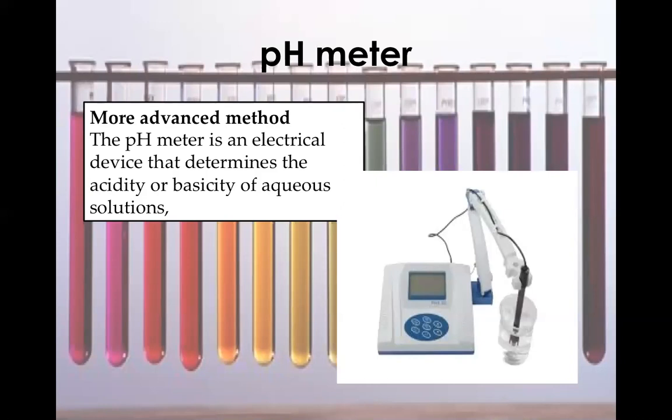It's known as a pH meter. It is the more advanced method. It's basically a device that determines the acidity and basicity of the solution. For example, if you see from the slide, you have to dip this probe kind of thing into the beaker,